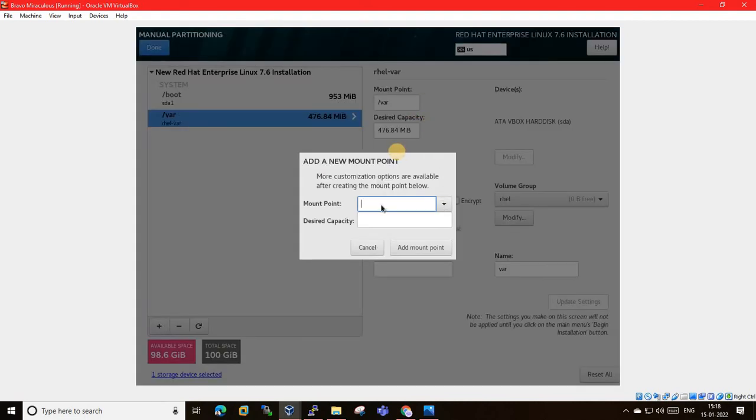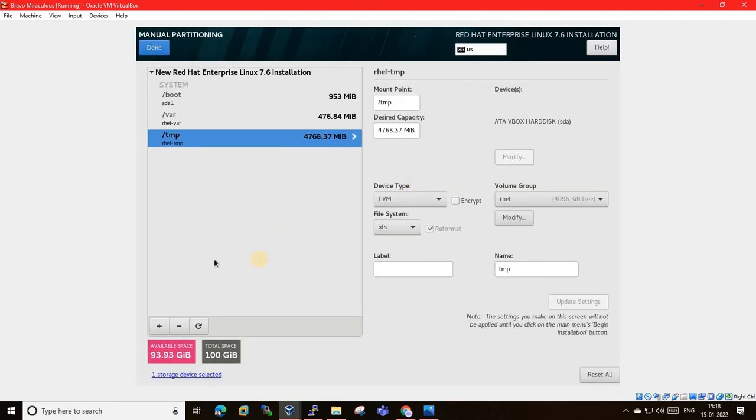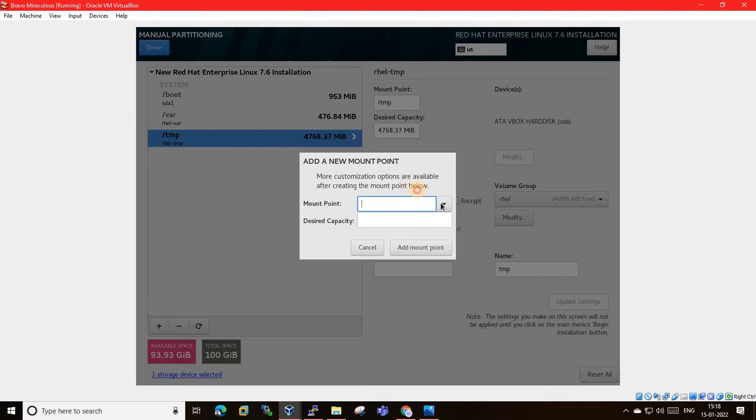How many mount points do we have to add? At least four or five. For temporary we'll give 5 GB. Then we'll add a few more. Like you told us, we'll add swap space.